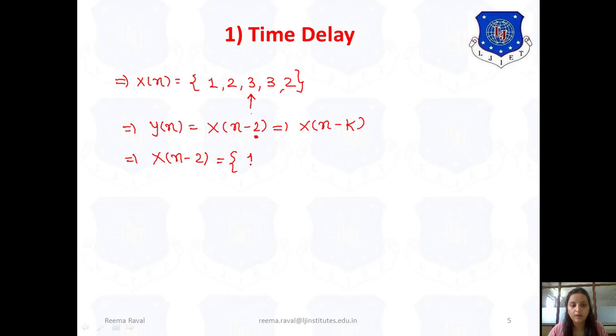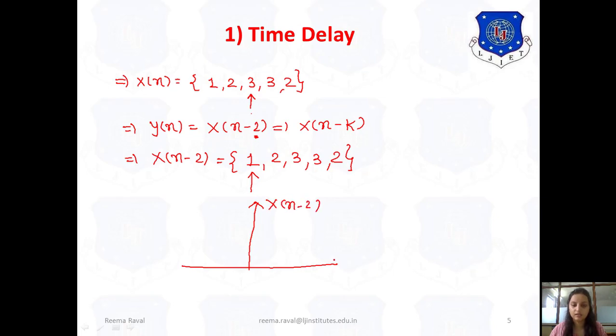So now what will my x of n minus 2 signal become? It will have the same values, that is 1, 2, 3, 3, 2, but now the arrow will be 2 positions below, that means at the backward side. So now the arrow will be at the first position, right? So here I have delayed it by 2 samples, that is 1 and 2. Now if I want to represent this signal, that is y of n, which equals x of n minus 2,